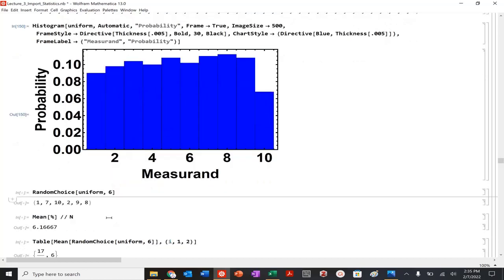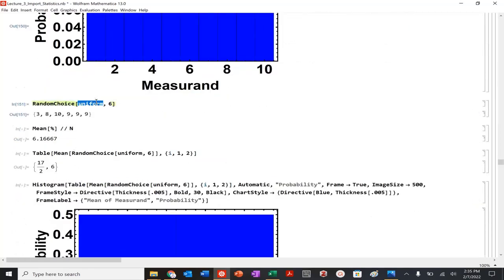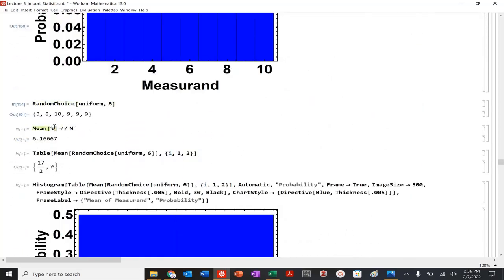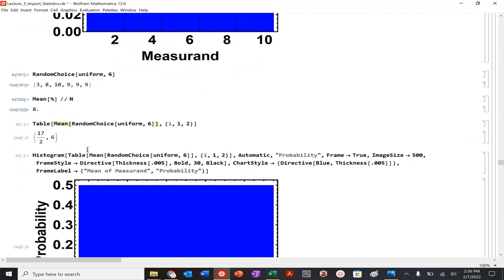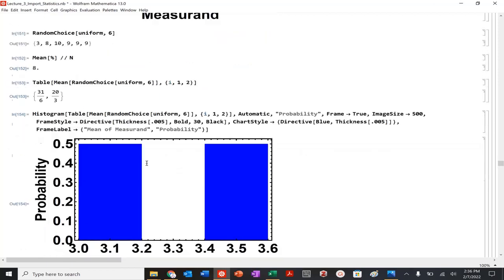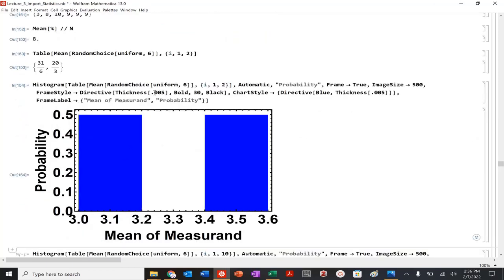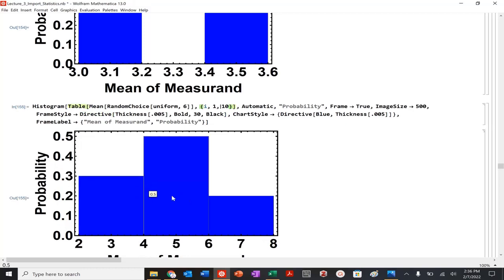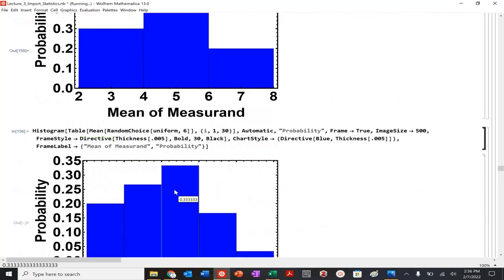So one of the cool things is if I start to choose randomly out of this uniform distribution, give me a sample size of 6, and I can calculate my mean. And then if I do that multiple times, so here, take this sample and look at the means. These are the 2 means from that random sample. If I do that, nothing really changes here. If I look at the distribution of my means now, so the means of each of the samples, nothing really happens. If I do 10 of those measurements, it's starting to look a little more Gaussian. If I do 30 of those measurements,